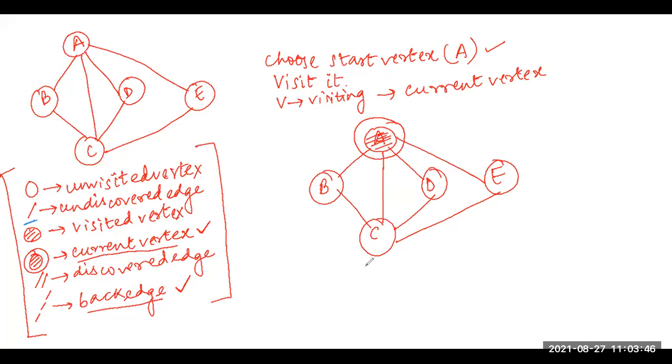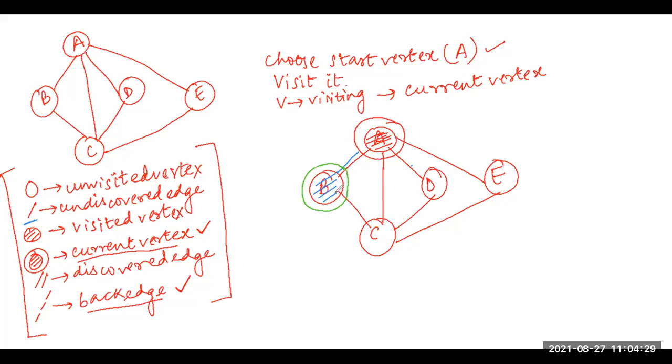Yes, ma'am. So you can choose any of the edges. Suppose I am choosing this one, B. First, I will check if there are undiscovered edges and the vertex that is associated with this edge, whether it is also an unvisited one. I'm saying that yes, B is an unvisited one. I can change this to a discovered edge and change this vertex to a discovered vertex. My job is done. Then I will look at what vertices can be reached from B.